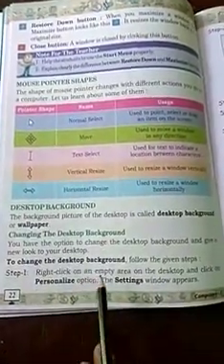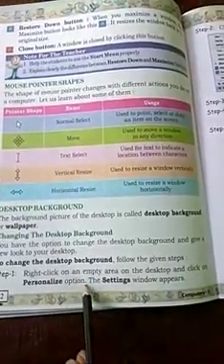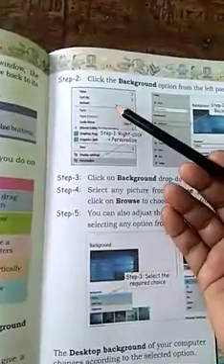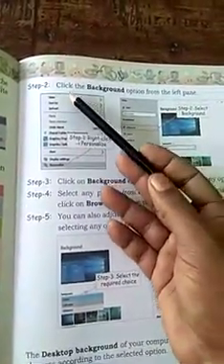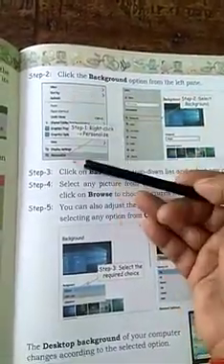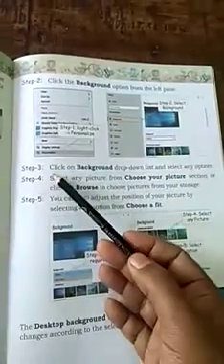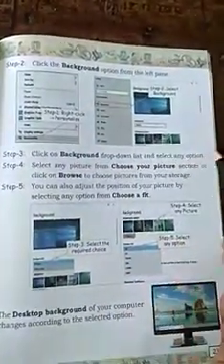Step 1, right click on an empty area of desktop and click on the personalize option. The settings window appears, as shown in your figure. Go on to step 2, click the background option from the left pane. And step 3, click on background drop down list and select any option.